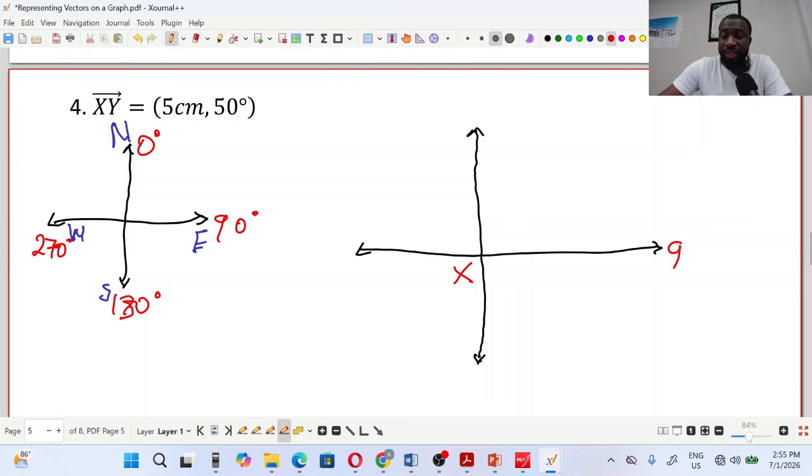So if this is 90 degrees, I want 50 degrees. It tells me that it's going to be found in this quadrant. Because if I move to the second quadrant, this is 90, and then this is 180 degrees. This is 270 degrees. And I want 50 degrees, right? So I know when I divide it exactly into 2, it's going to be 45. So I have to make sure that, oh, I open it a bit because I'm looking for 50 degrees. So let me, from here,